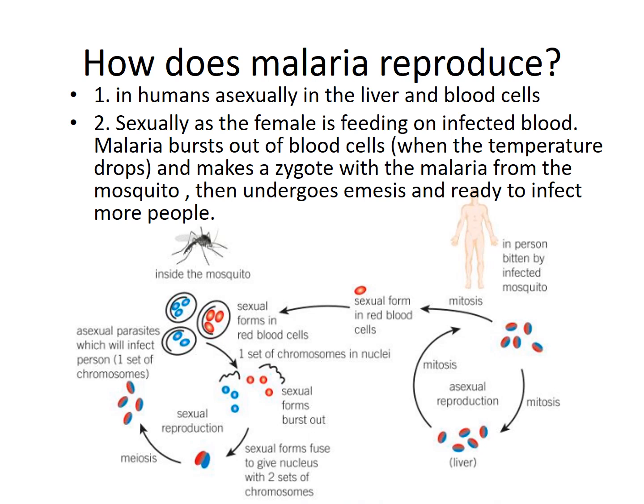And the second one is sexually. So the sexual form of malaria is found in blood cells, in red blood cells. So if you get bitten by a mosquito, there's like a 20-minute window in which this can occur. So it has to be like the perfect temperature, and it has to be after a feed, really. So obviously malaria lives inside mosquitoes,